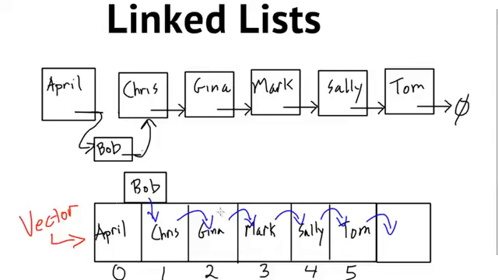With binary search, we saw that we were able to split the search space in half on every single comparison. You have no mechanism to do binary search with linked lists, because you have to start at the beginning, or you may be able to start at the end depending on what kind of linked list you have. In the linked list that we have here, we only have a mechanism to go forward through our list. Now there are other types of linked lists called doubly linked lists, in which we could actually start maybe at the end of our linked list and traverse this way, but we would have to have links pointing in the